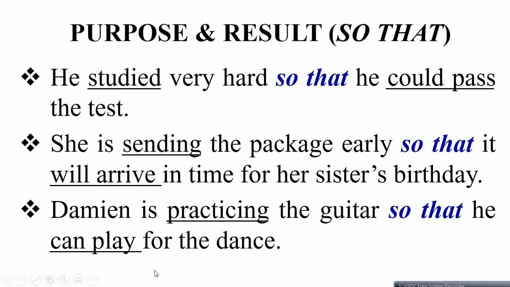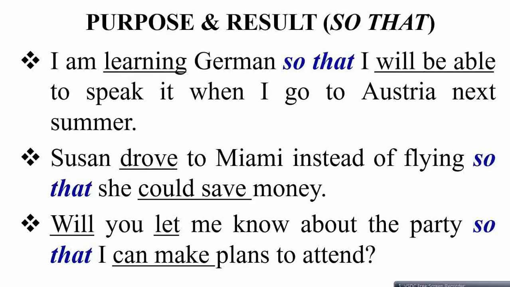clause. We can also say this in speaking as: Damien is practicing the guitar so he can play for the dance. It makes sense so long as it's spoken English, but in writing you have to mention the word that this is going to be the right conjunction. The next example is: I am learning German so that